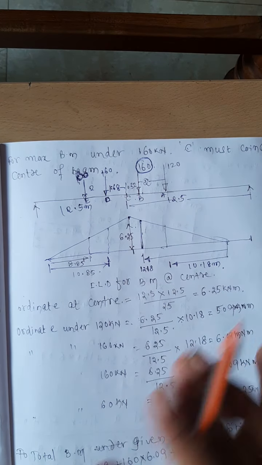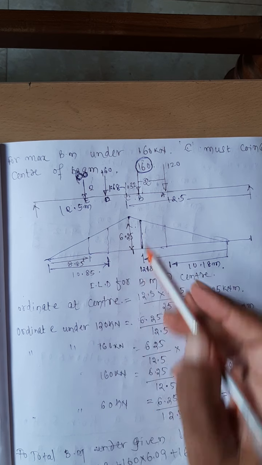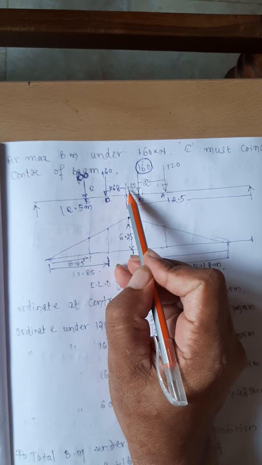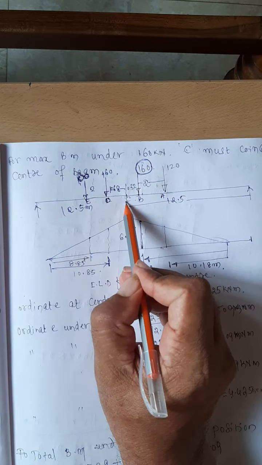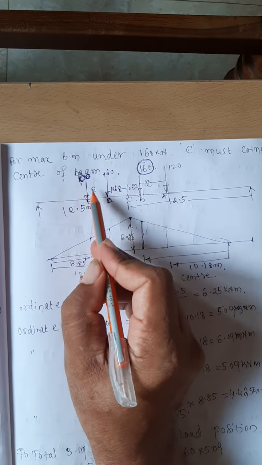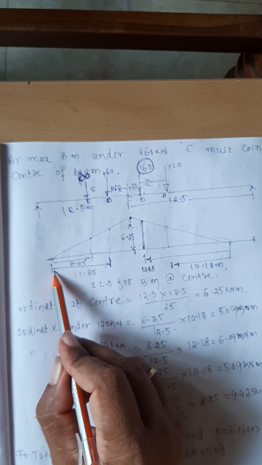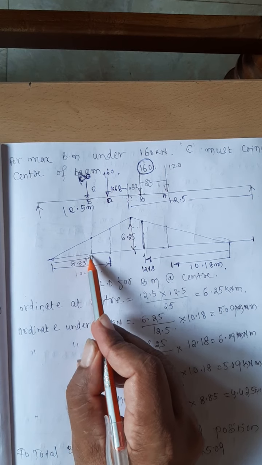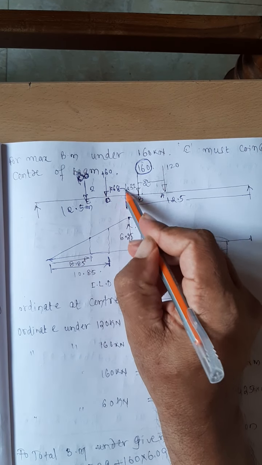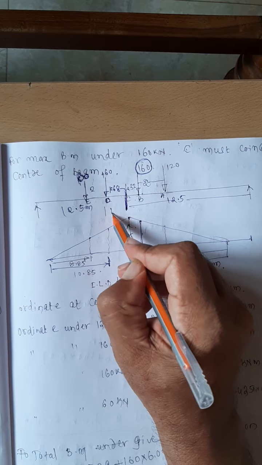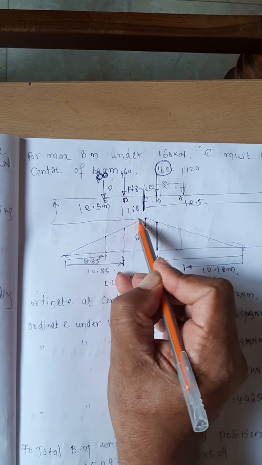Like that, you calculate the relative position of all other loads. The same thing has been marked here. See, here it is 1.68 and 2 and total is 12.5. Therefore, this 60 kilonewton from one of the support is at a distance of 8.85. Are you getting from where I got this 8.85? Just see here the geometrical calculation. This distance is 1.68 and the total is 12.5.